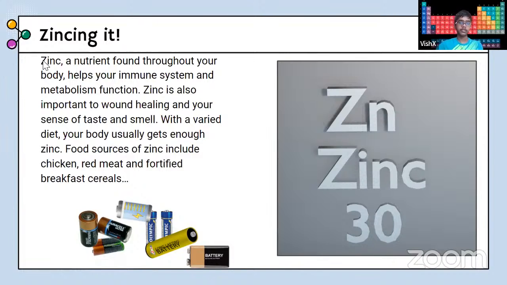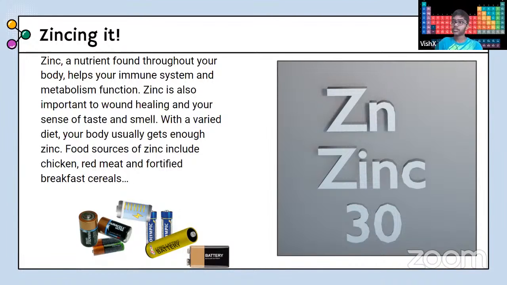What is zinc? Zinc is a nutrient found throughout your body. It helps your immune system and metabolism function. Zinc is also important to wound healing and your sense of taste and smell. With a varied diet, your body usually gets enough zinc. Food sources of zinc include chicken, red meats,